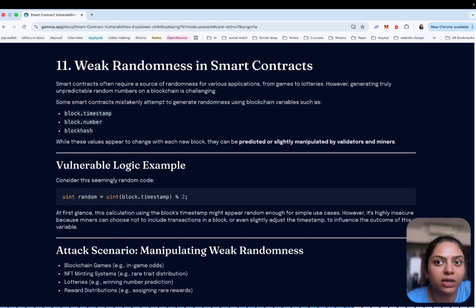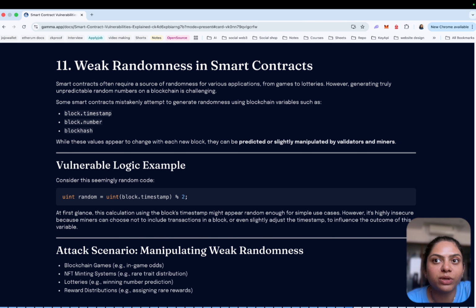Many developers attempt to create randomness using block data. Common examples include block.timestamp, block.number, and block hash. However, these values are not truly random. They are either predictable or partially controlled by validators. Attackers can sometimes compute outcomes in advance or influence the values used by the contract.